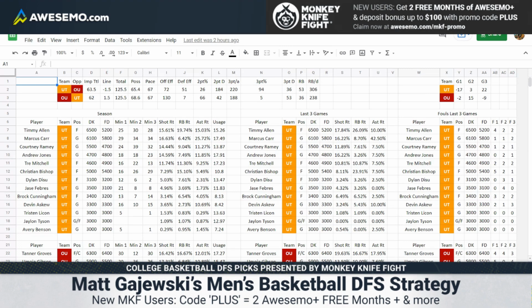on the slate. Timmy Allen and Marcus Carr have seen their prices drop, but not to the point where I'm willing to target them. And they also mess up their rotation all the time. Sometimes Marcus Carr plays 34 minutes. Sometimes he plays 28. Timmy Allen's kind of the same thing. He was in foul trouble their last game, so maybe you're buying low, but still 6,500